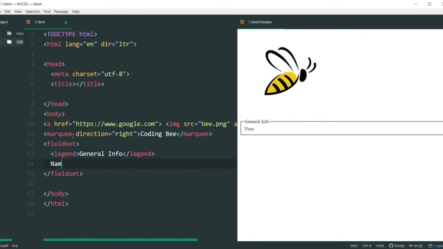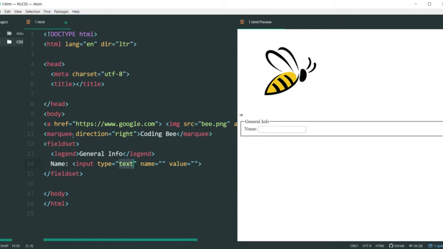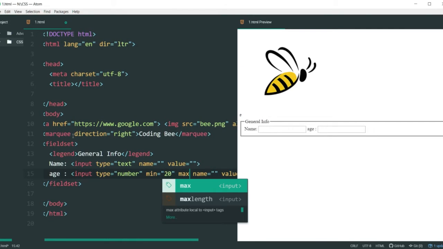Name: here I'm using an input of type text. After that I'm inserting my age, input type number, and here I'm using min and max values. Min equal to 20 and max equal to